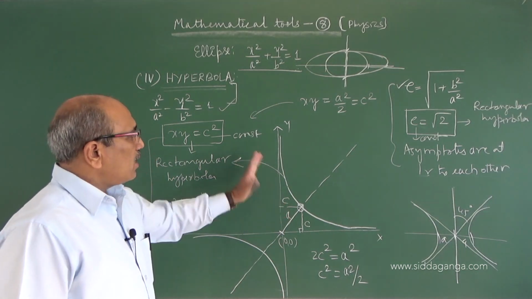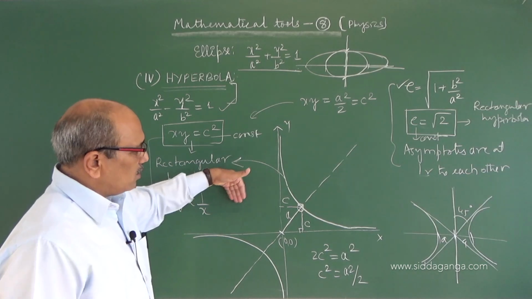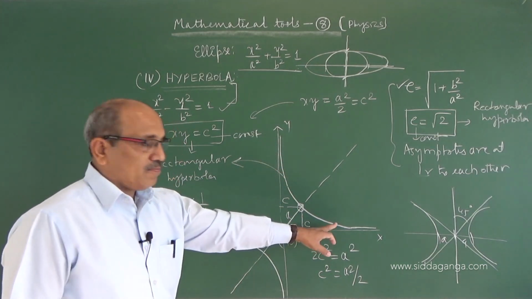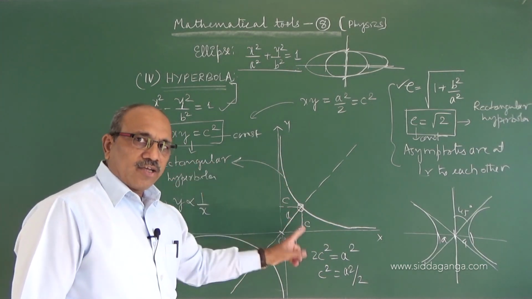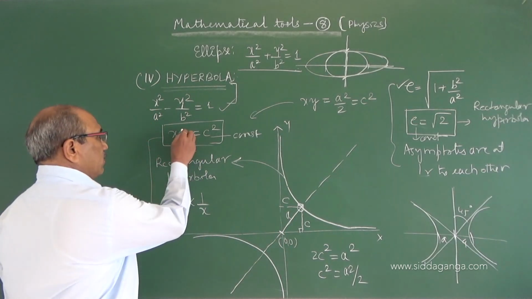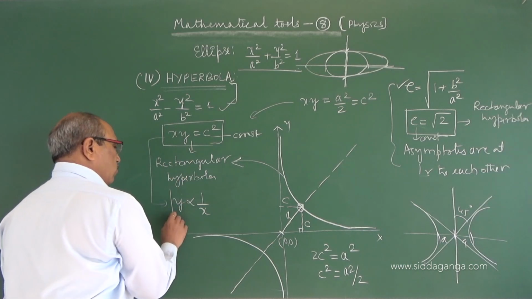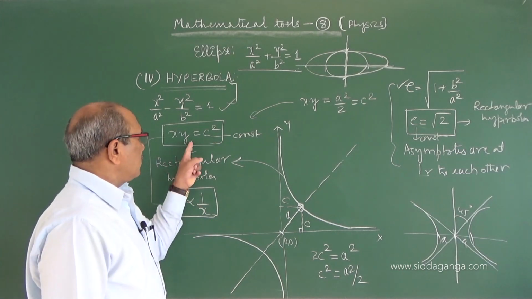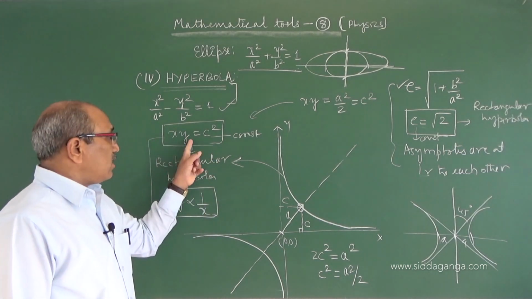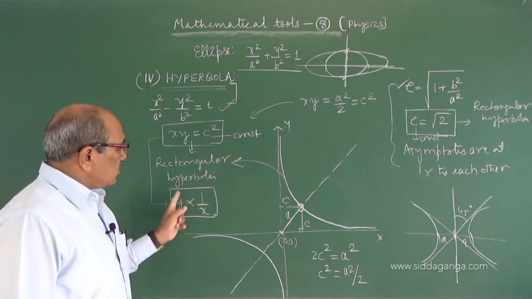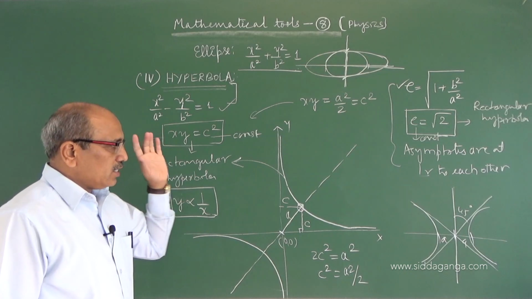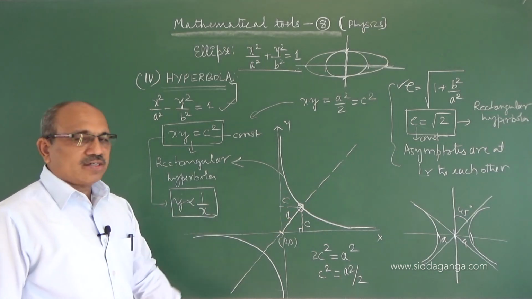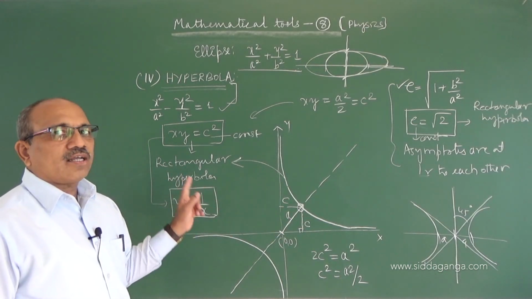So we can see the graph, either it may be of the form in the second quadrant or third quadrant or first quadrant. The curve of this shape, what I am showing, is called a rectangular hyperbola. That rectangular hyperbola equation is this. It is a hyperbolic equation and y is inversely related to x. So our importance is here. If any physical equation is of this form, x and y are variables, c is a constant, y is inversely with x or x is inversely with y, the graph that is appearing on the screen is of this form. It may be in any quadrant. Then we say the variation is a rectangular hyperbola.